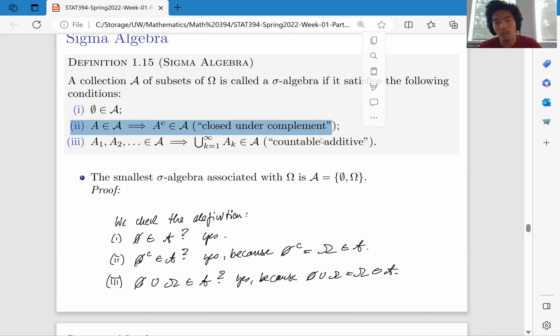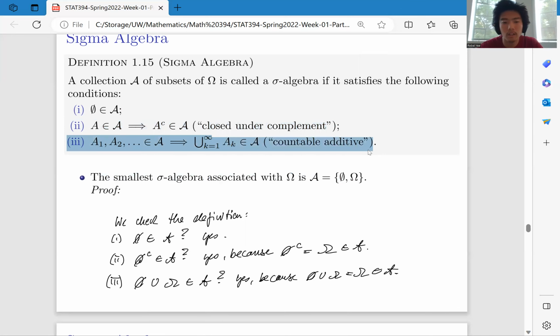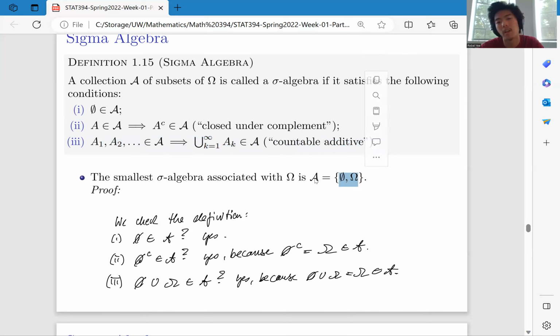So the only block we want to pass by is to prove the third property is correct. This is also not very difficult in this question, because we just want to show the union of the empty set and the sample space is also inside fancy A. And here it's very obvious, because the union of an empty set with the sample space is just the sample space itself, and it's obviously inside fancy A. So with these three properties, we already proved that this smallest sigma algebra is actually a